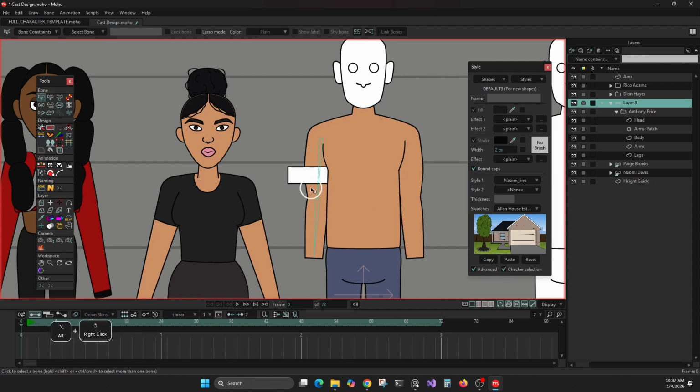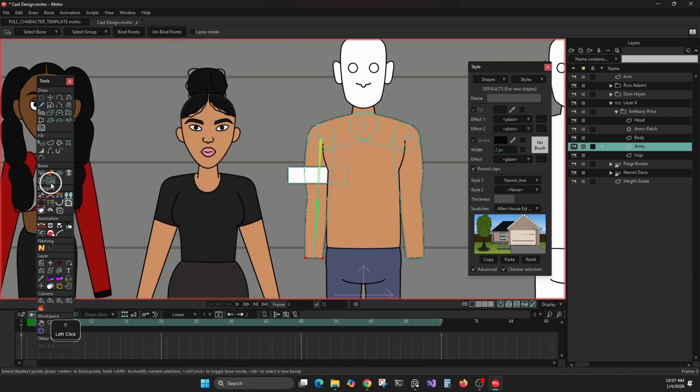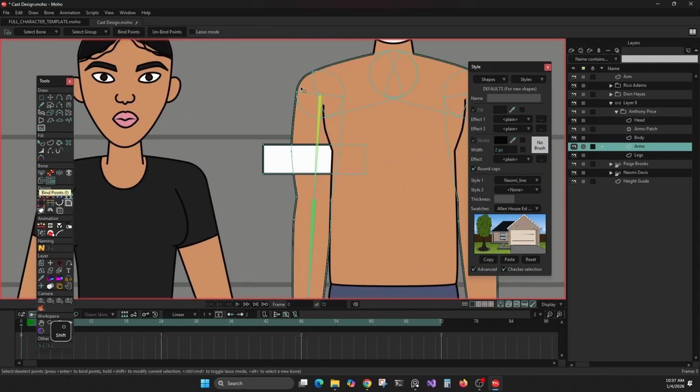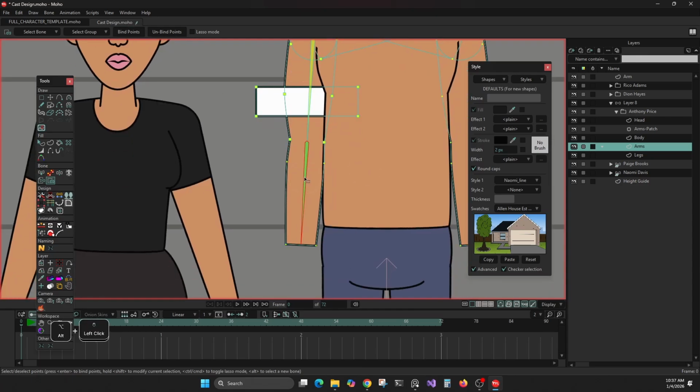And so now what we can do is, where is that tool? Oh wait, I gotta be in this layer. Okay, here we go. We're gonna bind these points. So I'm gonna select this. Wait, not all of that. We're just gonna select that, and this one. Shoot, I gotta redo it. Select that. Bind the points. Select the bone first. You gotta select the bone first. I'll be forgetting that. Bind points. So now,